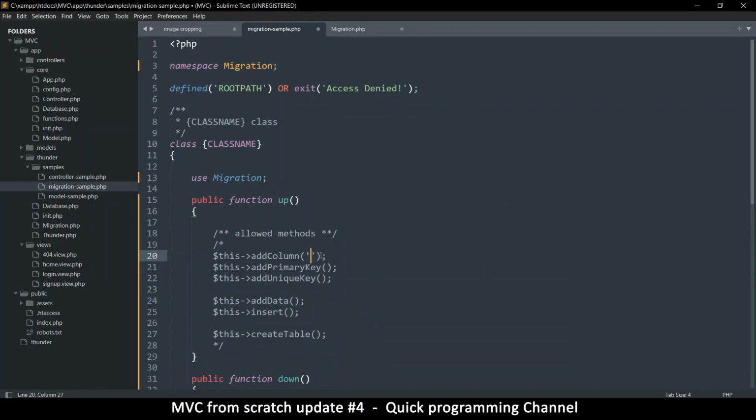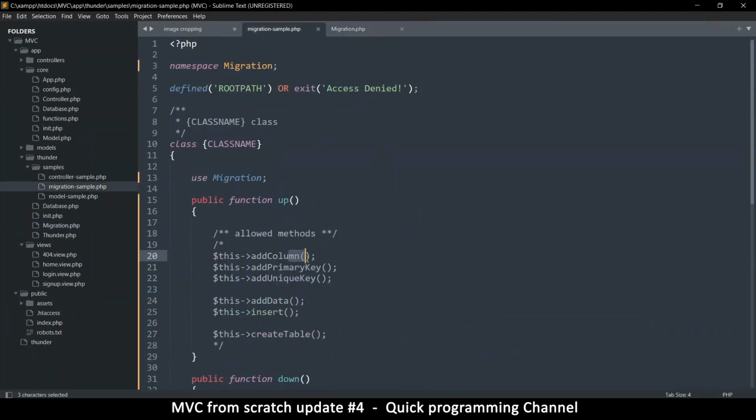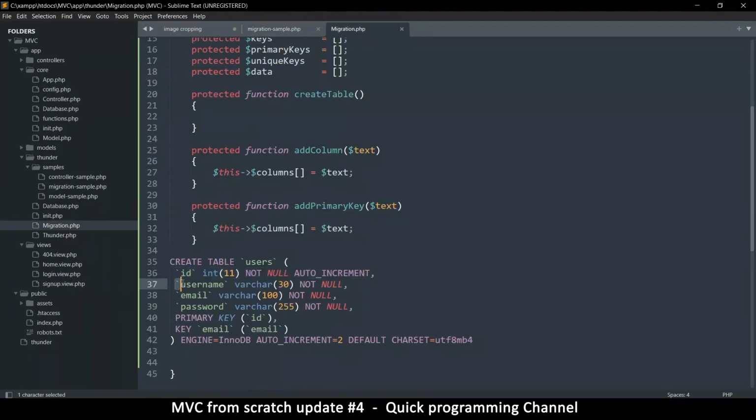This is much easier than the way other frameworks do it, but those guys spent more time creating those things. That's why they have so many features, but we don't have that kind of time. And since you're the one that is creating this MVC, you know it in and out. So if you want, you can add extra features. If not, you can just type it as they are. So you see here, this is one column right there. This is the kind of value that would go in add column here. That's the kind of string that would go there, just like this one as well, and that one. One of these each. So for adding a primary key, this is the kind of string that would go in,